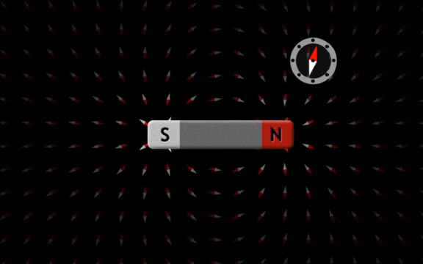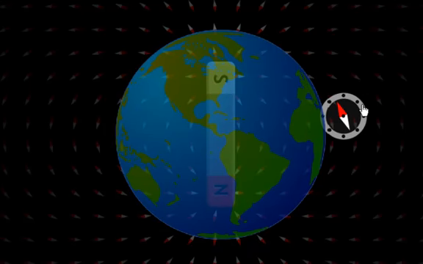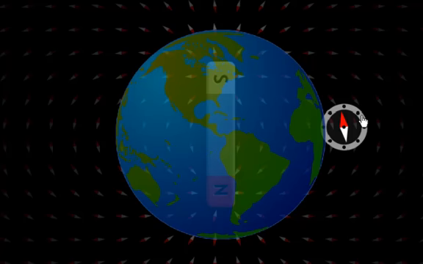It was suggested at one time that the Earth itself behaves as if there's a big magnet that's buried inside. So I'd like to illustrate that. I have here a model of the Earth. If I take a compass on the surface of the Earth and align it so that the red needle points